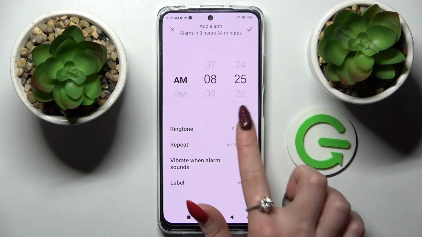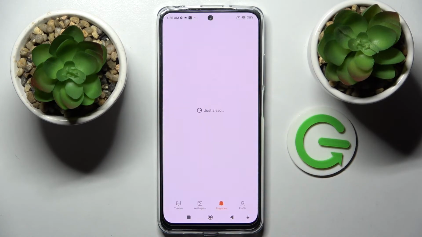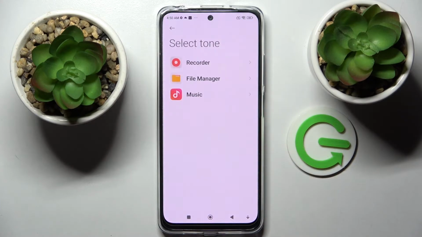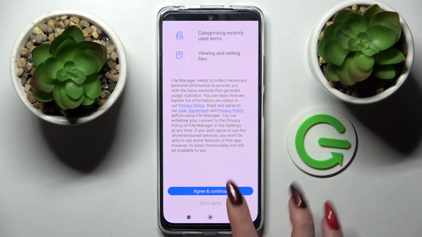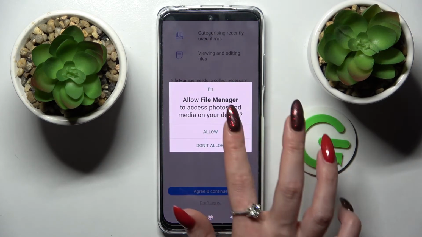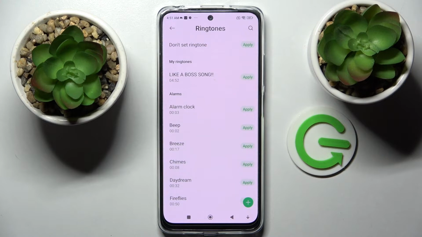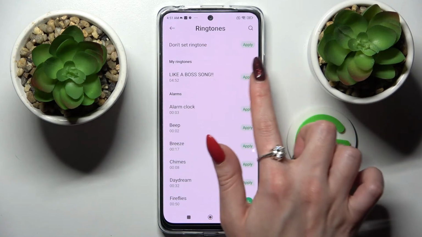But you can also choose ringtone, tap on all ringtones, tap on choose local ringtone, pick one of those services like file manager, scroll down, tap on agree and continue, choose allow in the pop-up, and finally pick song from your smartphone by clicking on it and tapping on the check mark at the bottom. Now you need to select apply next to it